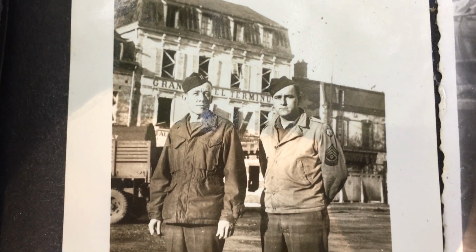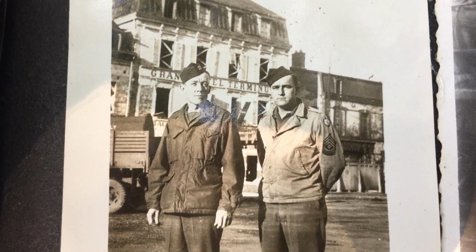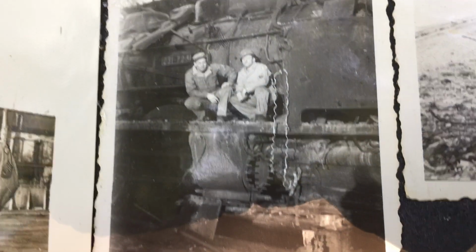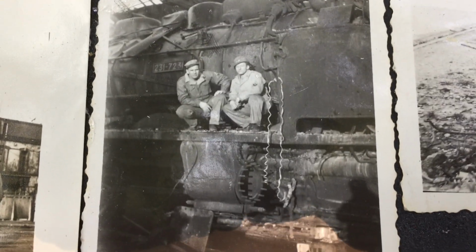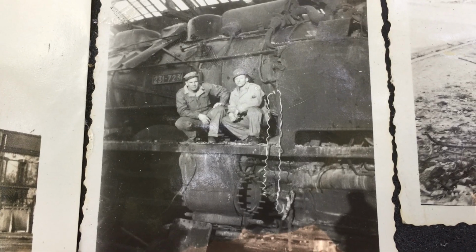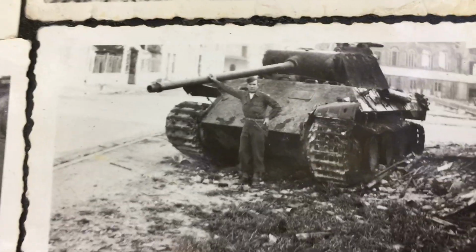This is Bob with another one of his friends. There's Bob on another railroad car, like an engine to a train. And my favorite hands down, the rarest picture I have. This is Bob standing